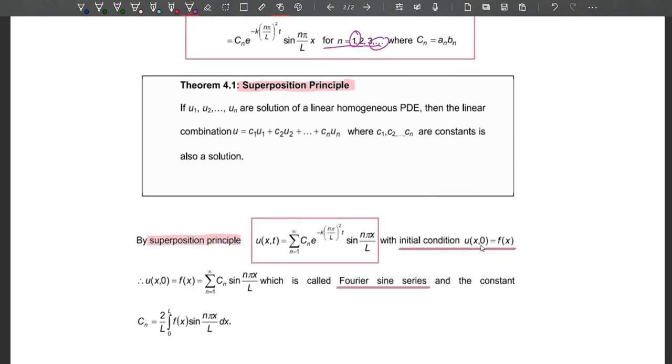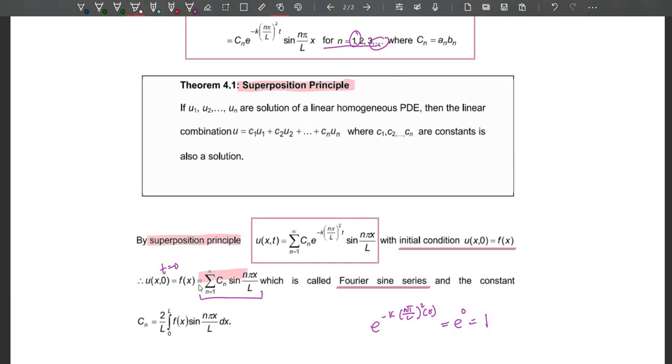Okay, with the initial condition u of x, 0 equal to f of x. Therefore, when u of x, 0 is equal to f of x, that means we substitute t equal to 0, right? So here, t is equal to 0. When t equal to 0, exponent negative k n pi over L squared times 0 will be exponent 0, and exponent 0 is equal to 1. That's why we are left with only this in the equation. Summation n from 1 to infinity, Cn sin n pi x over L,